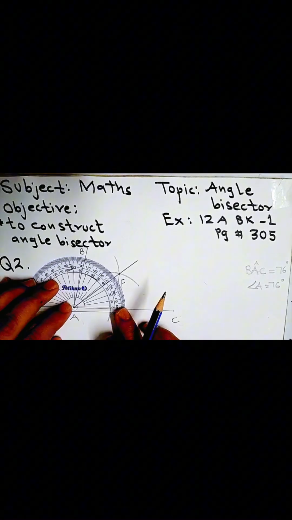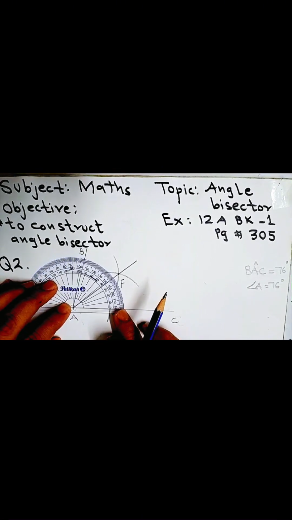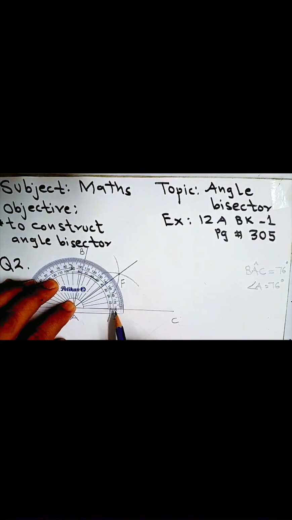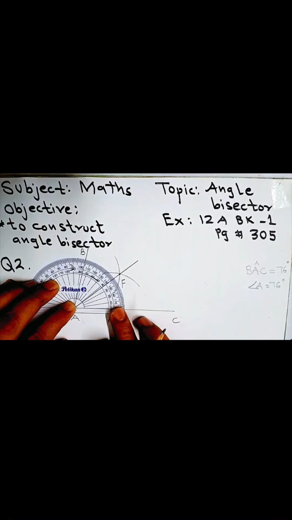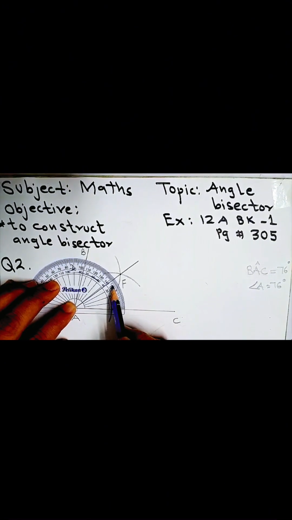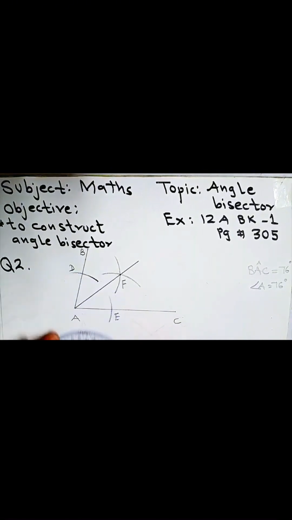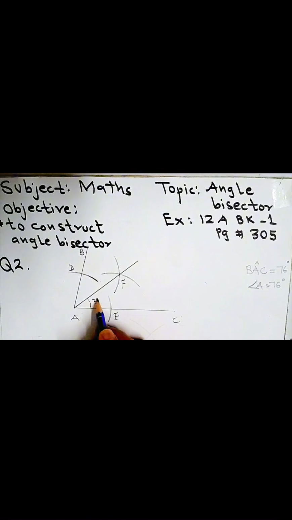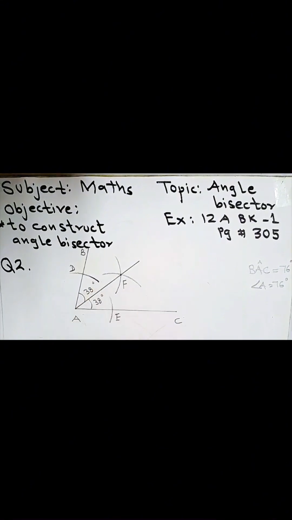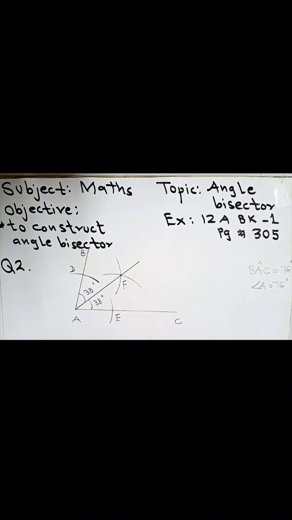Now for this scale, we have to fix it again and hide your baseline and then start reading 0, 10, 20, 30, 35, 76, and you can see the half of 76 is 38. So you can have a look, it is exactly 38 and it is 76. So it proves that this angle bisector that we have drawn is 38 degree, and this one is also 38 degree. Here you have to mention all points,